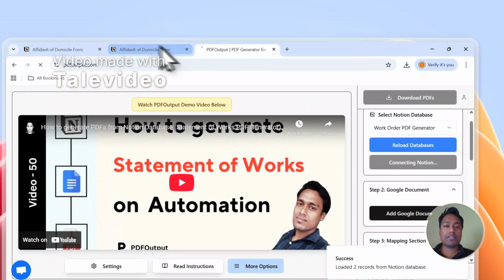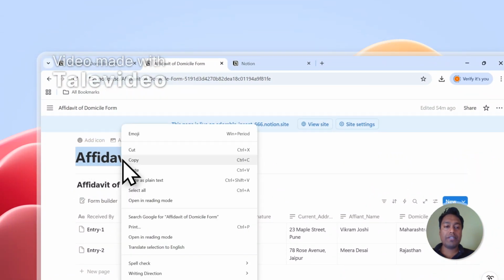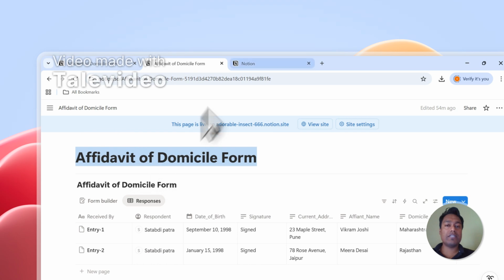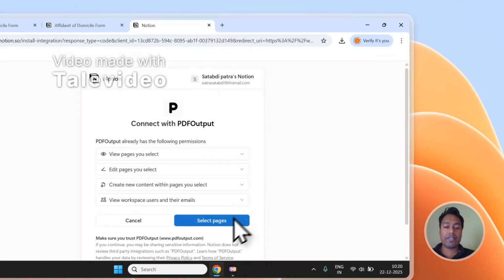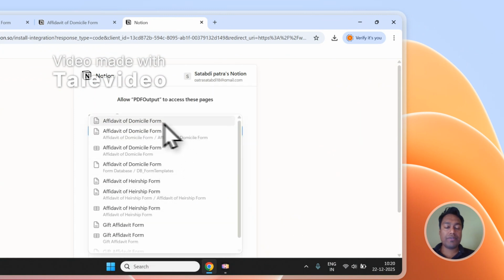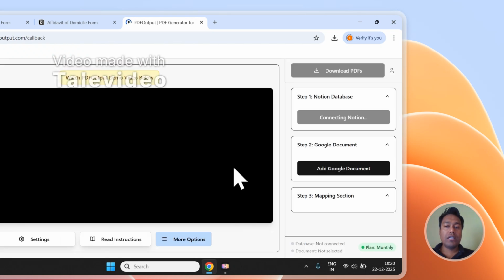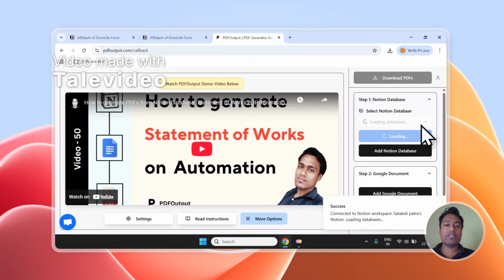Click on add Notion database and simply copy the database title which you have on your Notion account. So I'm going to copy this title and put it inside the selection screen which appears over here. Click on select pages and put the database title inside the search pages, and you should be able to see the particular form appear over here. Click on this and it gets selected. Click on allow access, and now you will get access to the database